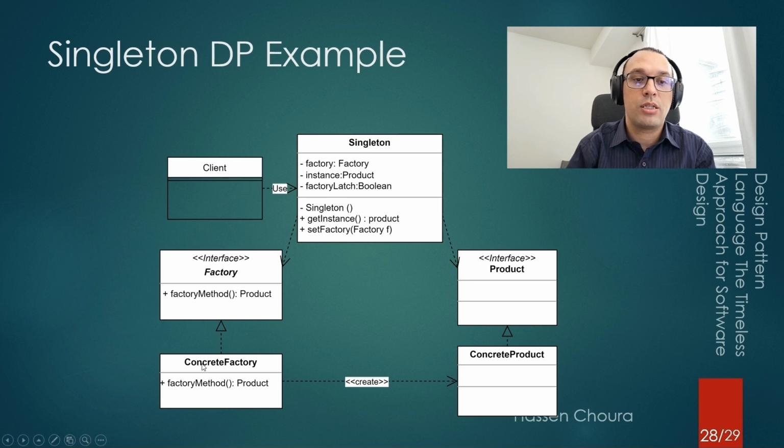We will send that concrete product through the factory to the singleton. And whenever we have the next request from the client, we will directly ship back the reference of the object that we have created. As you may expect,